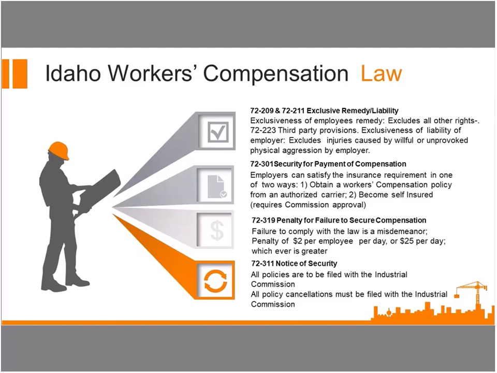They'll send it over to us, and pending everything's correct on the policy, so the legal entity name, the legal status, mailing address, email address, FEIN, if that's all correct, then we accept that as proof of coverage. The other option is to become self-insured. And that one's a little bit more tedious because it has different requirements, such as it needs to be approved by the commission itself, and then you also need to have a pretty high amount of quarterly payroll. So that tends to be exclusive to very, very large employers, and not as common an option either.